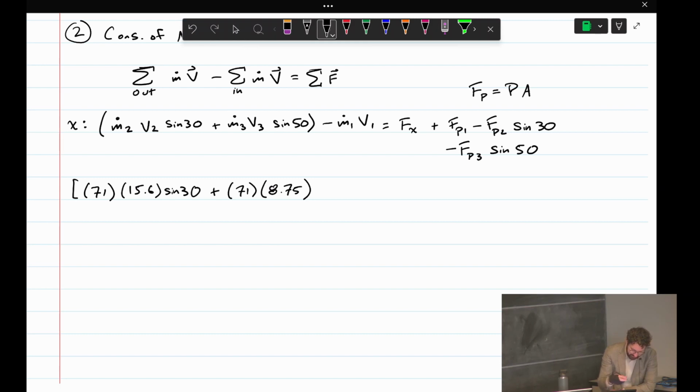So that's V3. This is why I calculate all these pressures and velocities and areas before going into this. Times sine 50, minus m dot 1, which is 142 times 7.85. That's going to be equal to Fx